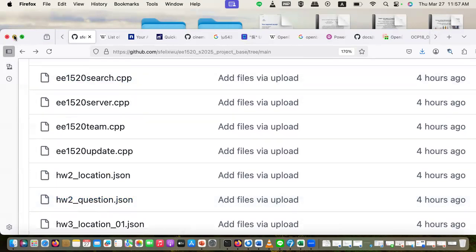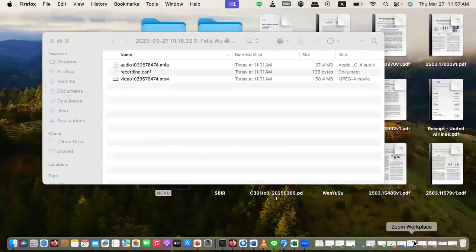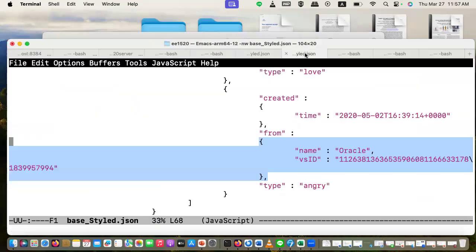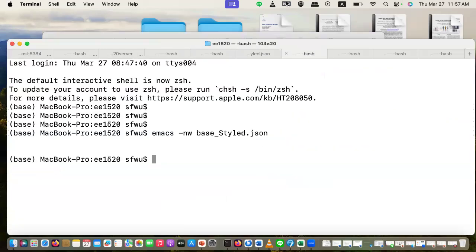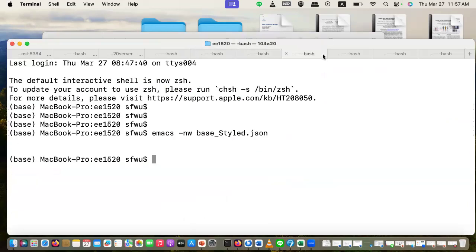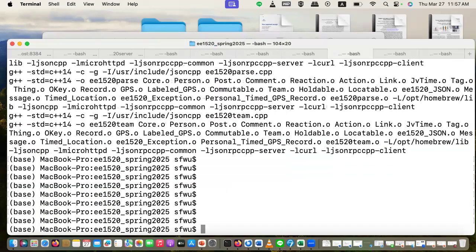I'm just at the end, I just want to show you if you download the code, like what I did here. Let me just kill it. Yeah, it must be here.